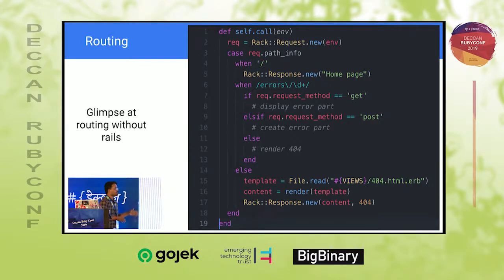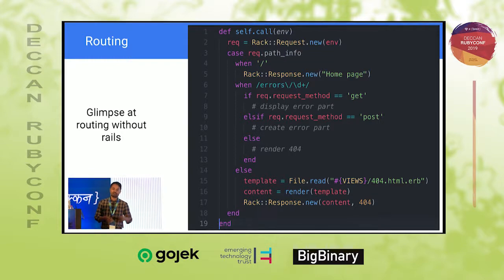So here is a glimpse of certain things we faced when choosing to have a mountable UI with the help of Rack. Here is a piece of code which shows how routing is difficult without Rails. In Rails, you have routes.rb, you define get, some path, and a matching controller. But in Rack, you need to have your own matchers and if-else code blocks to match a particular route.